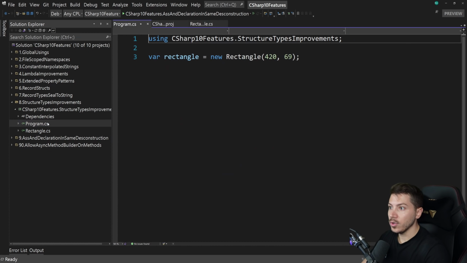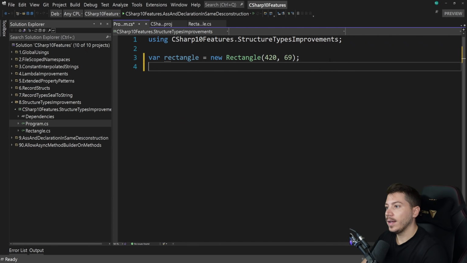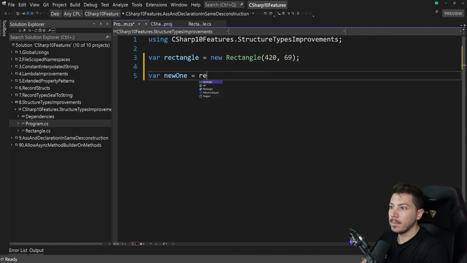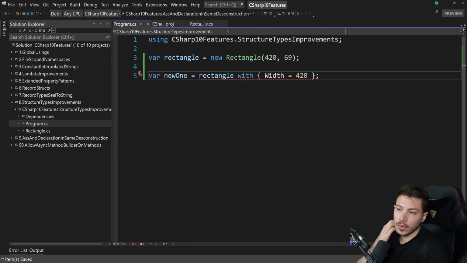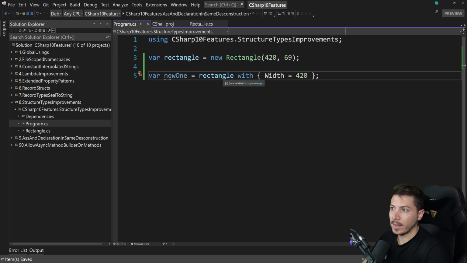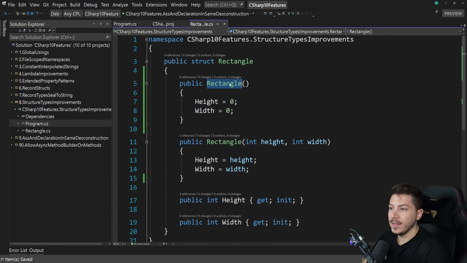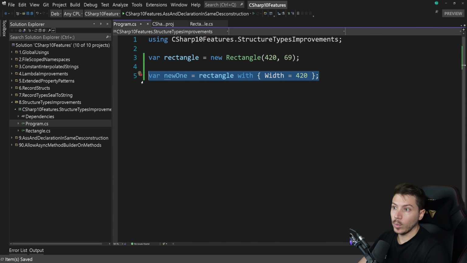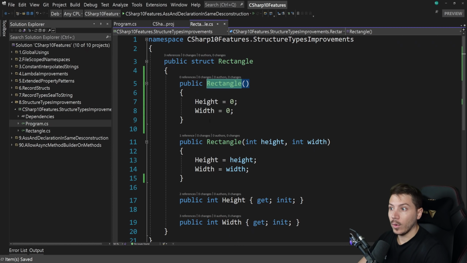The other thing you could not do is that if I have a rectangle here and I want to create a new one out of the original one by using the with operator, I can say width and just some number. I cannot do this here. It just won't allow me. However, if I go back and I turn on C# 10, this is now acceptable code. And also I can have this parameterless constructor here. This is all acceptable. And it's nice that they allow us to have more control over those things because yes, the with operator is awesome and I use it quite a bit. And also, if this is a valid structure, why don't you allow me to have a parameterless constructor there? It's very, very nice that they are opening it up.